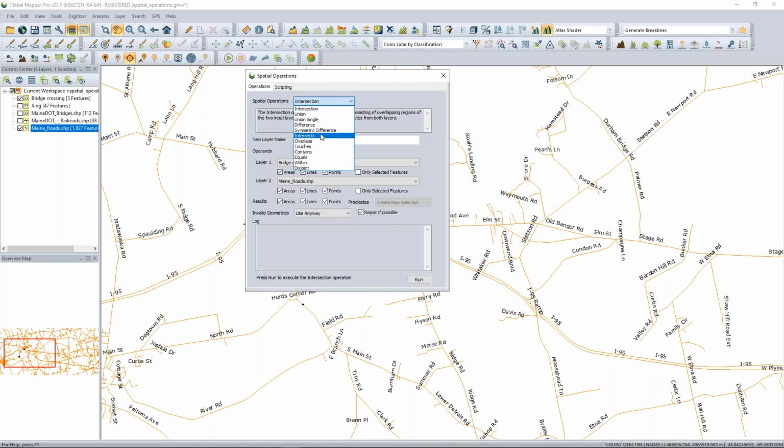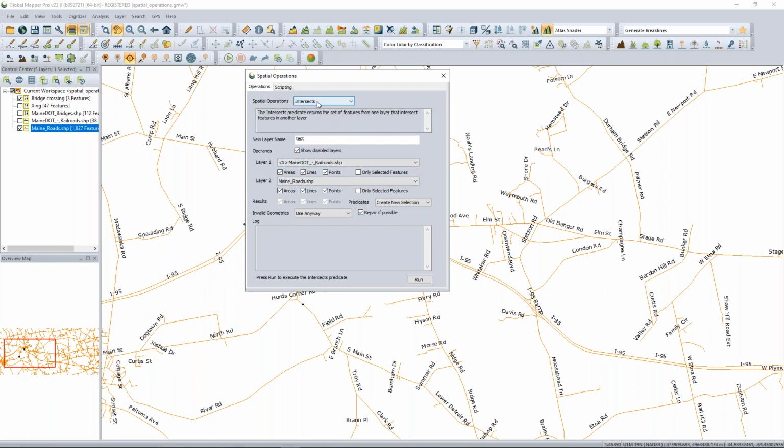Let's do the intersects query instead of the intersection, and we'll go back to my original railroads and roads. I just have checked on disabled layers because I don't have those layers both turned on in the control center. So in this case, if I do a